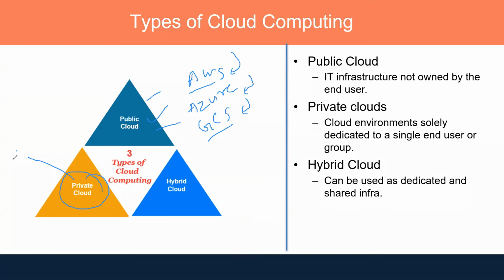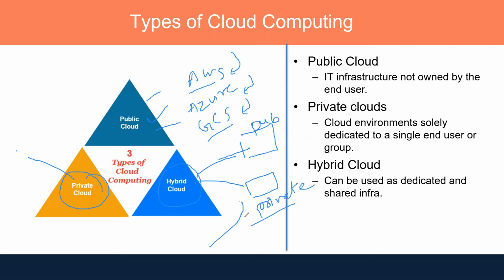And then finally we have hybrid cloud. In hybrid cloud, what happens? This is a hybrid model. Some of the parts work as public. So a hybrid cloud provider would have public services as well as private services. If someone wants a dedicated infrastructure, they would offer them a private cloud, and if someone wants shared infrastructure, they would offer them a public cloud. So these are the three types of cloud service we have.